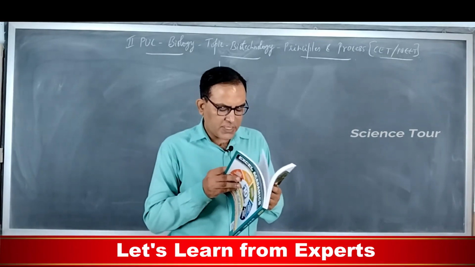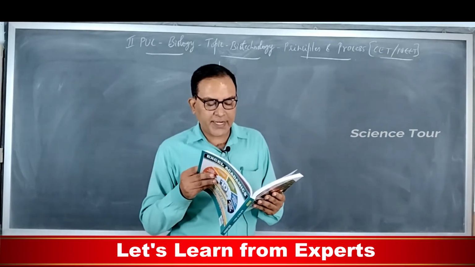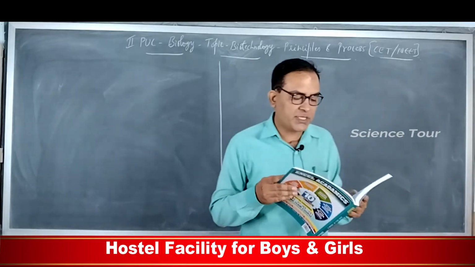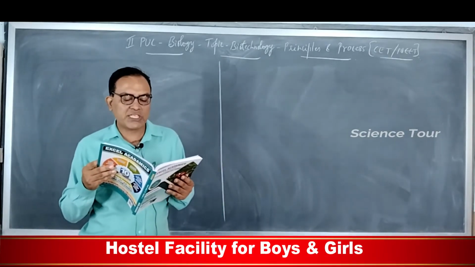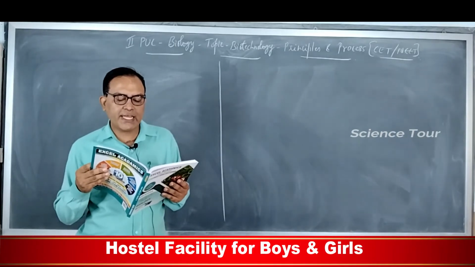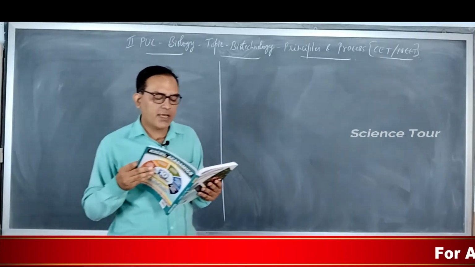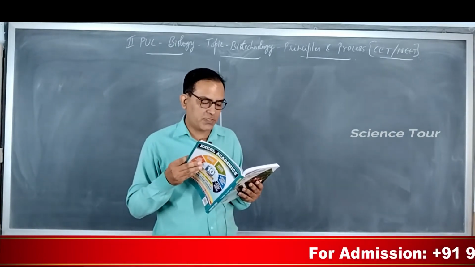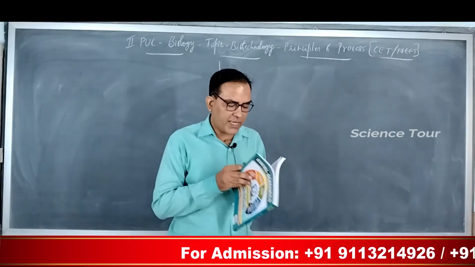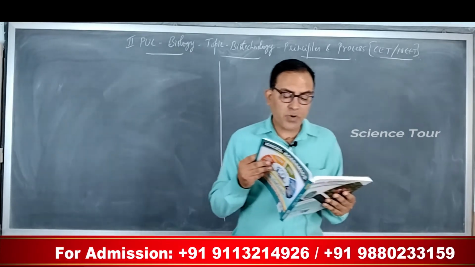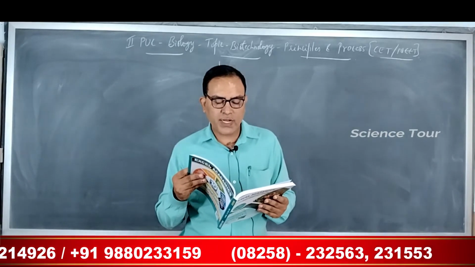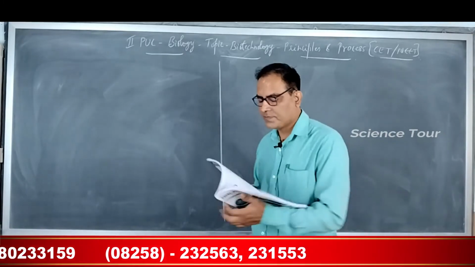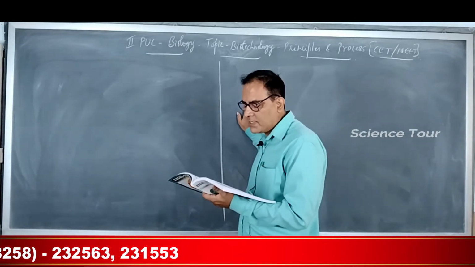A continuous culture system has to be maintained. Once again, the direct question. Next, 25. Which of the given statements is correct in the context of observing the DNA separated by agarose gel electrophoresis? So the right answer is that ethidium bromide stained DNA can be seen under exposure to UV light, option 4. Next, question number 26.